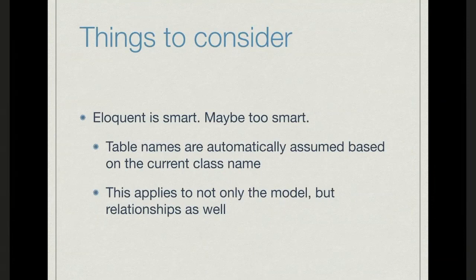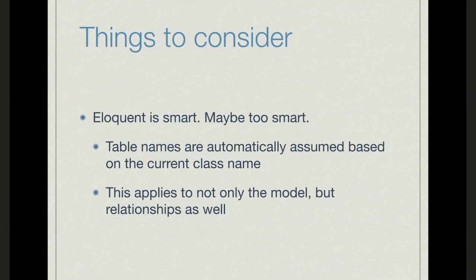But we do have to consider some things about Laravel. So Eloquent in this case is smart, and in a lot of cases it's too smart. The Eloquent model does a lot of really smart things under the hood to try and guess what you're doing. It gives you a lot of really sane defaults out of the box, and that's kind of what makes Laravel great, right? But when you're starting to do some more advanced stuff like this, it almost becomes something that you